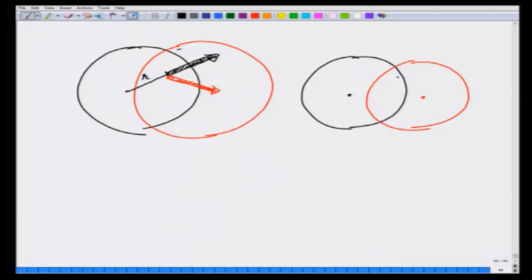Let me take any point, let us say point out here. Here is the electric field due to the positive charge, and here is the electric field due to the negative charge. If I call this vector r1, and call this vector, from the point where I am calculating the electric field towards the center, r2, then the electric field at this point is equal to the sum of the field due to the positive charge plus that due to the negative charge. So, I am going to write this as rho